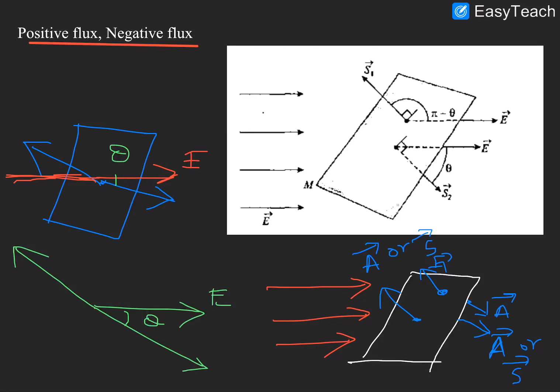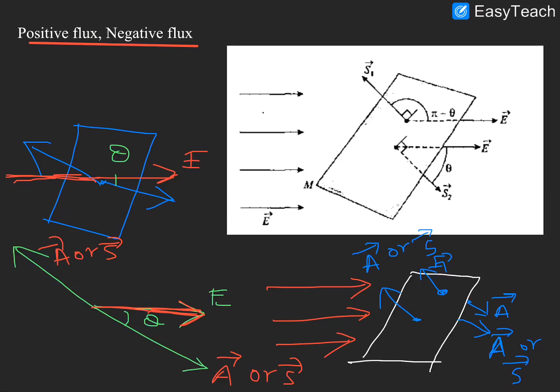So let us do one thing. Electric field, let us mark using this color. Now these are area vectors A or S. This is also A or S. Why I am using two different letters A or S is because different textbooks use different letters. Normally we will use both of the letters, depends upon the textbook. Sometimes we will use S, sometimes we will use A, so you can fix one letter. If you want, you can use S always.